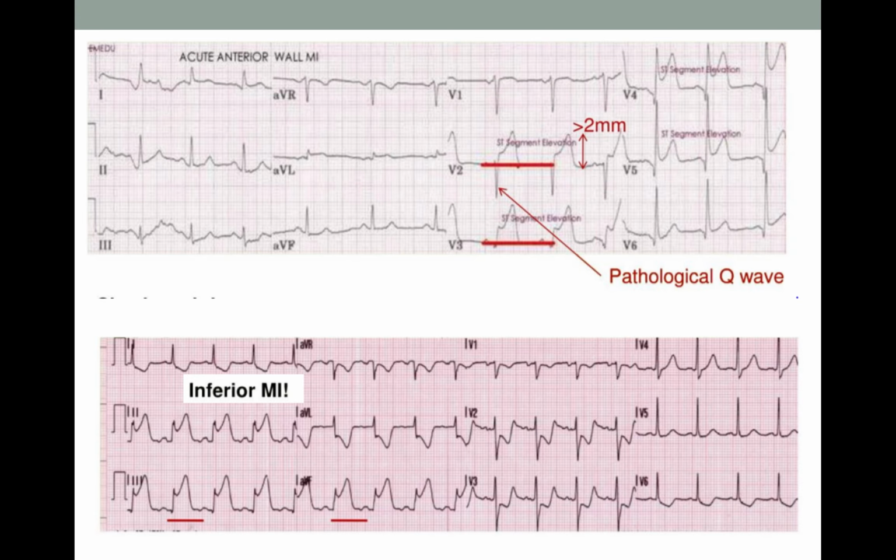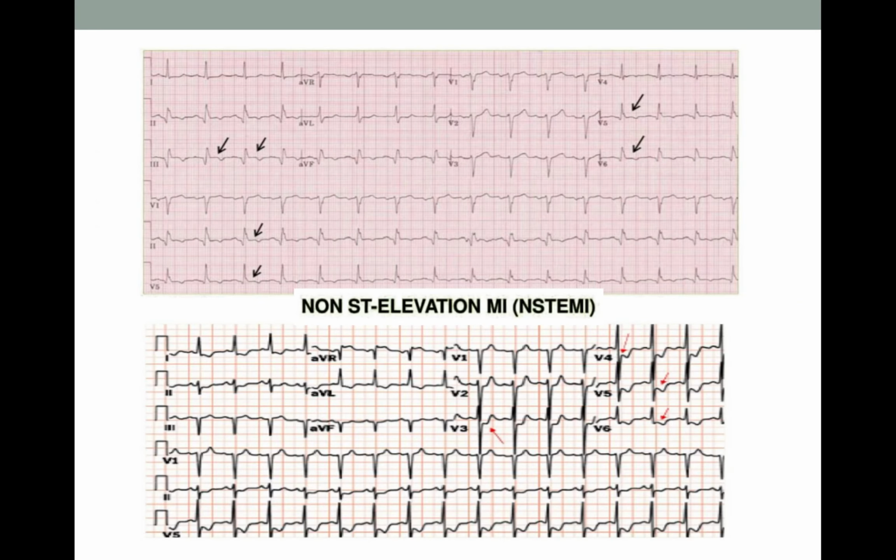So in the above ECG strip, you can see that there are changes over the V2, V3 leads, which is an acute anterior wall MI lah. In the ECG strip below, we can see there's ST elevation over leads 2, 3, AVF. So it's an inferior MI. Okay, so for the next one, non-STEMI. Basically, non-STEMI is when there's also prolonged ischemia, but not to the extent of a very severe infarct lah. So in the ECG strip, you can see basically ST depression as well as T wave inversion.